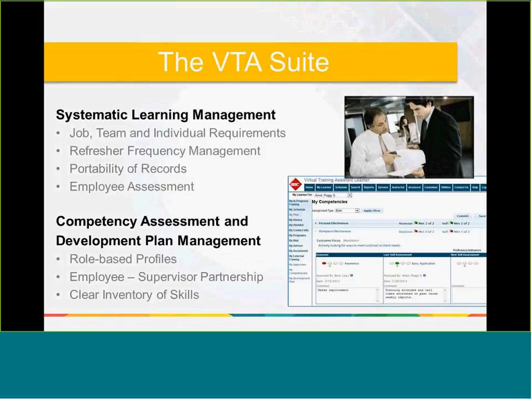really how we do it, and that's largely through very systematic learning management. So being able to set up training requirements, all of those with refresher frequencies. They can apply it a number of different ways. So they could be job title based. They could be things that are more ad hoc or cross-functional kind of requirements. And then as you move and progress throughout your career, you have good portability of records. So the things that I take maybe in an entry-level job are still visible where they're applicable to more advanced levels. The other thing that the VTA suite really does